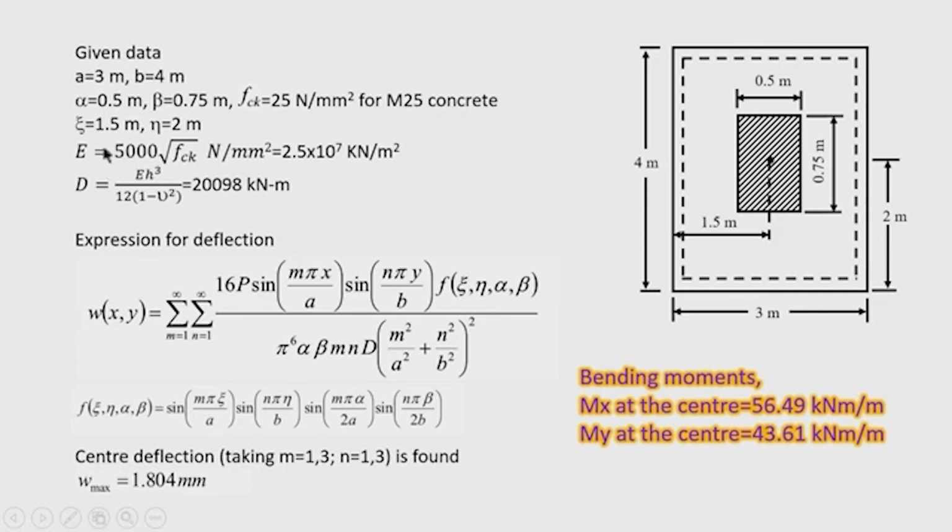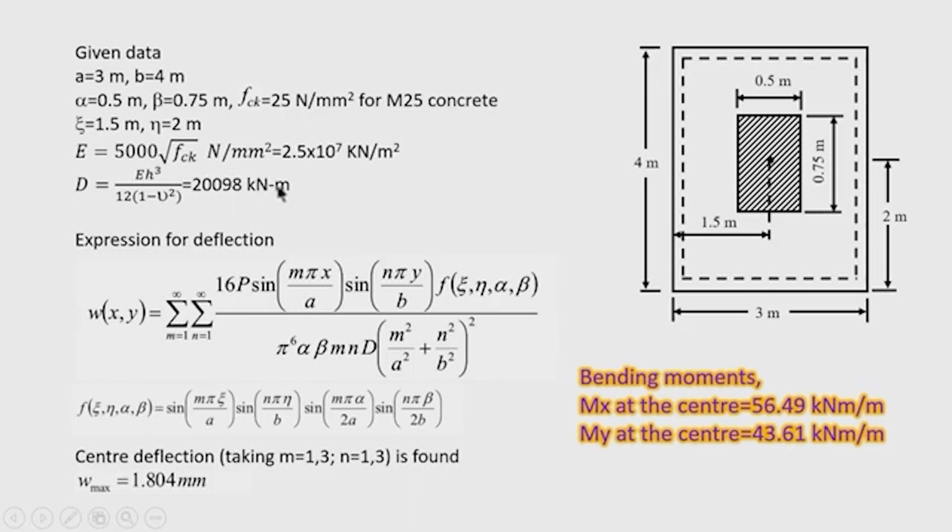This is an empirical formula, we take the help of this formula to calculate the modulus of elasticity. So, modulus of elasticity is 5000 into root fck. It is calculated as 2.5 into 10 to the power 7 kilonewton per meter square, because this quantity is in Newton per millimeter square, so converted into kilonewton per meter square. Flexural rigidity D is coming out as